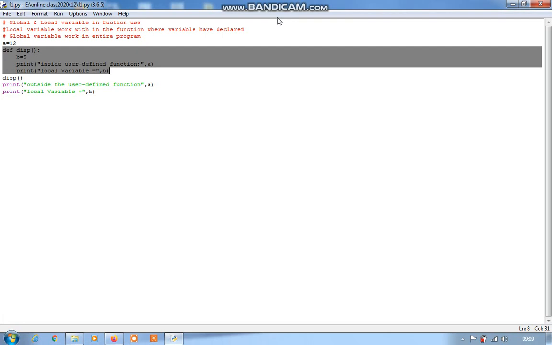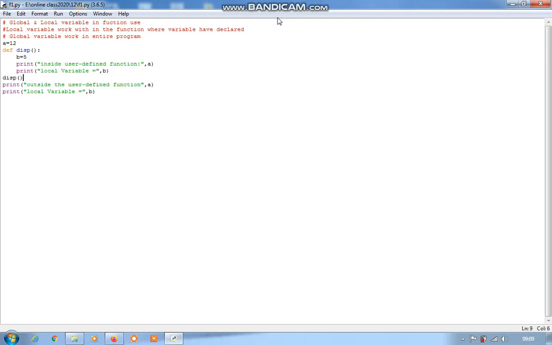So how can you see the global will work? See, we have another function here. To use this outside of the function, print outside of the user defined function, a is working, that is a. This will work.